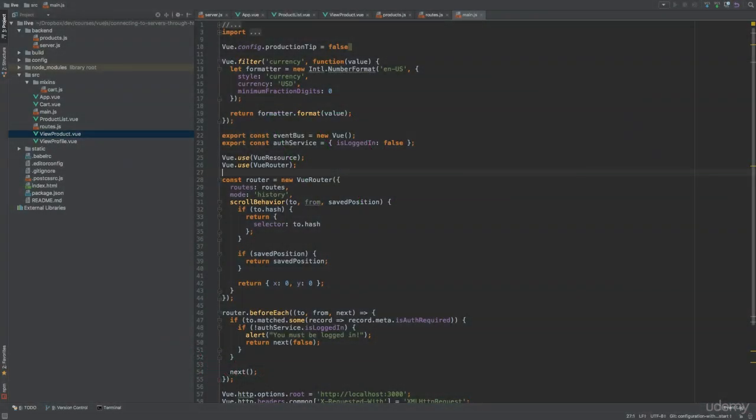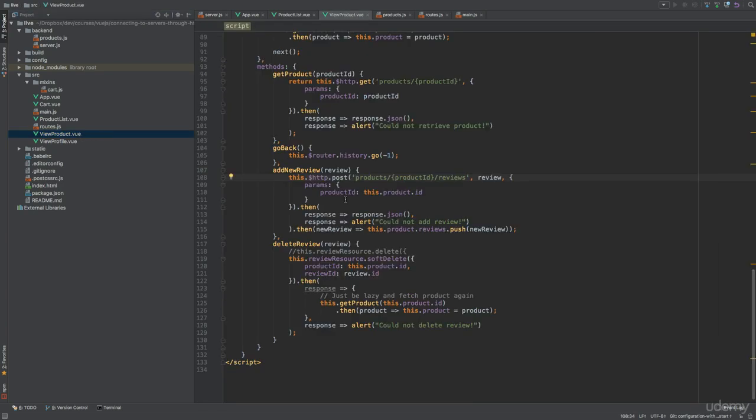We just defined a root URL and a default header globally within the application, but we can also configure this locally within a given component. For example, suppose that I want to add a header only for requests made within the Vue product component. This can be done by adding an HTTP object to the component object. So let's go to the Vue product component for an example